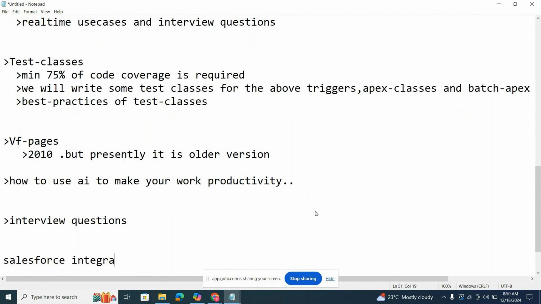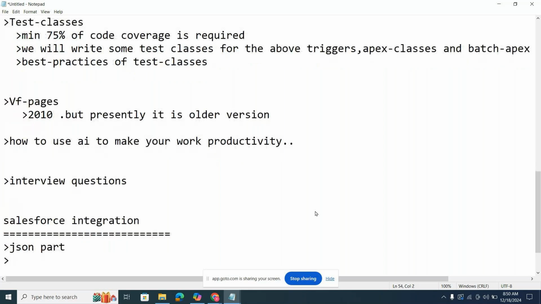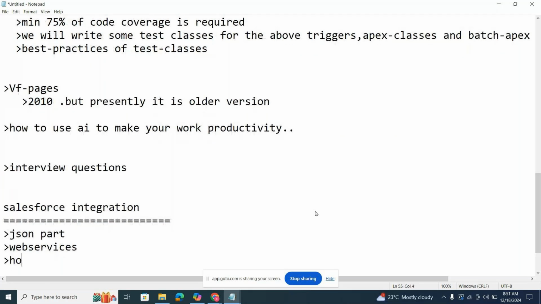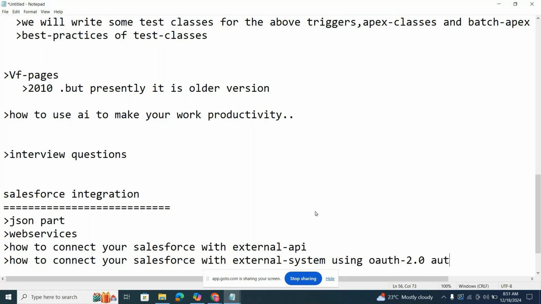Coming to Salesforce integration, initially I'm going to discuss the JSON part, and web services: how to connect your Salesforce to an external system, to an external API, using OAuth 2.0 authentication.